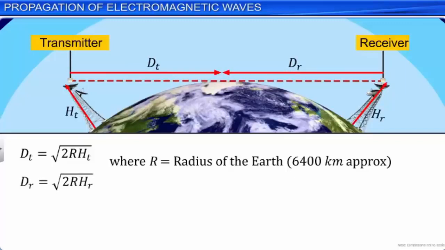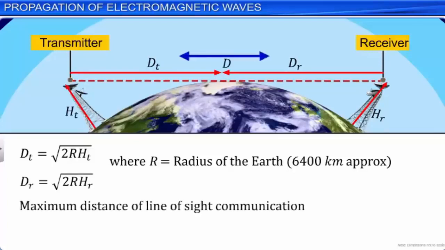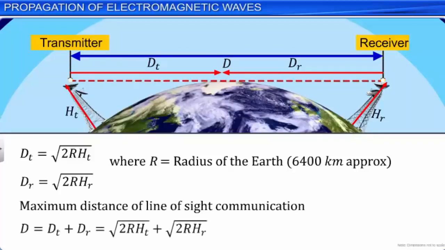The maximum distance d for line of sight communication between two antennas with heights ht and hr is given by the sum of their distances from the horizon as shown here. Thus, line of sight communication is possible over a greater distance by increasing the heights of the transmitting and receiving